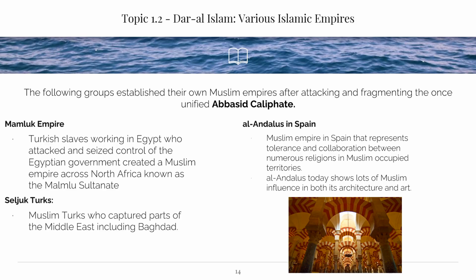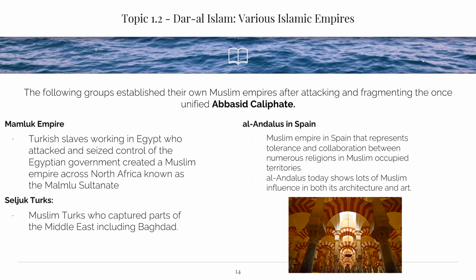The Abbasid Caliphate established their own Muslim empires after attacking and fragmenting the once unified Abbasid Caliphate. So each one of these groups that you see right here are going to, in some way, kind of peck away at the power hold that was the Abbasid Caliphate at this time. So we have the Mamluk Empire. These were those Turkish slaves working in Egypt who attacked and seized control of the Egyptian government. So this was kind of the first group to secede